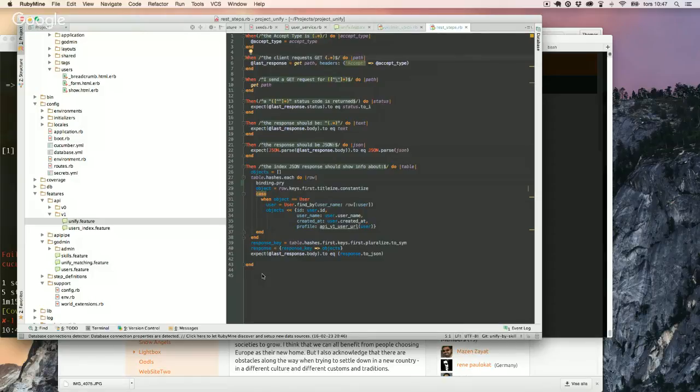I don't mind that at all. But you see, the problem is when I'm requesting more complex JSON responses, then I have to build this stuff up. So right now I'm in a messy thing here, basically, with the step definition, because I have to build the response up,